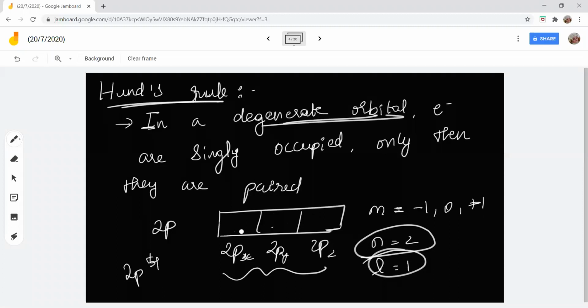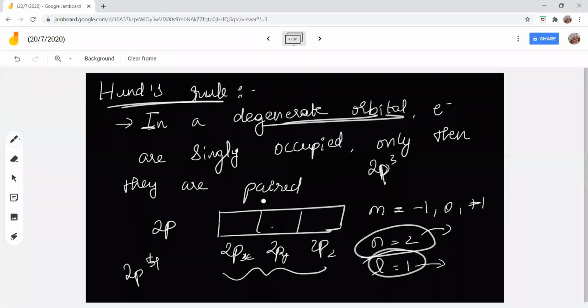Right? So, as far as energy is concerned, the principal quantum number represents the main energy level, azimuthal quantum number represents the orbital or the sub-energy level, correct? So, all three have same n plus L value. Do you accept that? Yes, ma'am. In fact, same n value, same L value. If it is like that, they are all of exactly same energy. Do you understand? So, they are all degenerate orbitals. Clear?